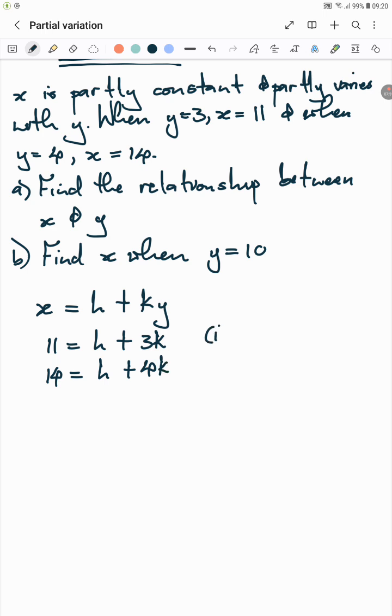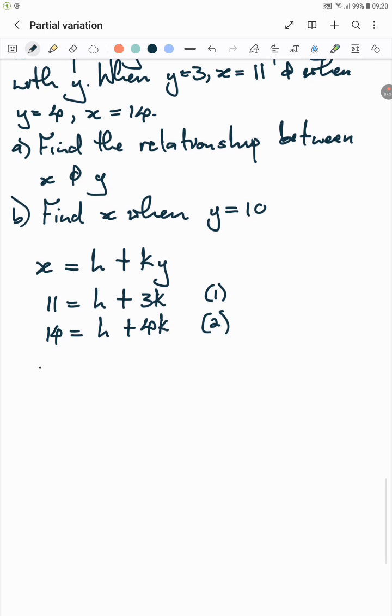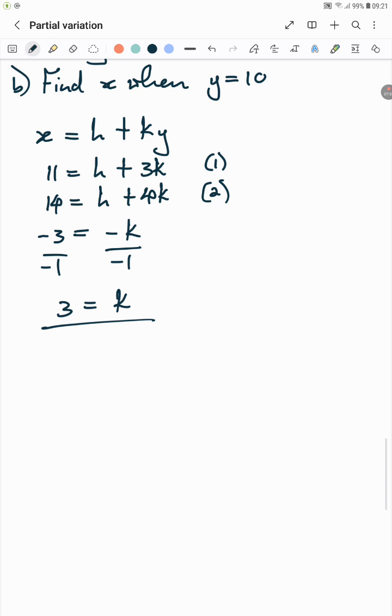So equation 1, equation 2, you subtract equation 2 from equation 1. Here you get minus 3, h minus h, that's 0. 3k minus 4k is equal to minus k. Divide both sides by minus 1, and you get 3 being equal to k, and then you substitute in the